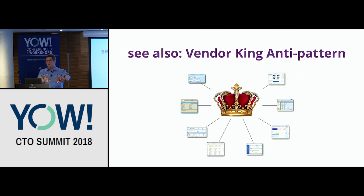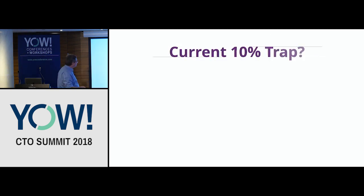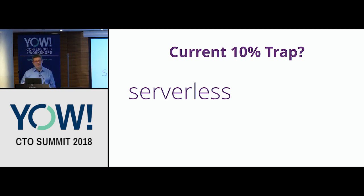We'll just stop there and we'll say it's good. So what are things that currently have this same pattern of last 10% trap? One of the things that I'm really curious about is all the serverless stuff. And I don't know yet. The jury's still out on this, but it has all the exact characteristics of this last 10% trap kind of